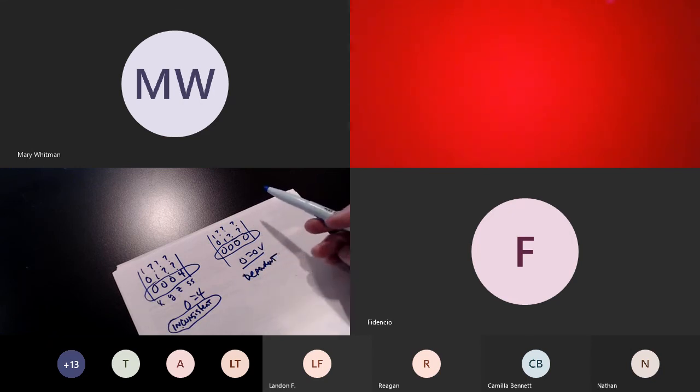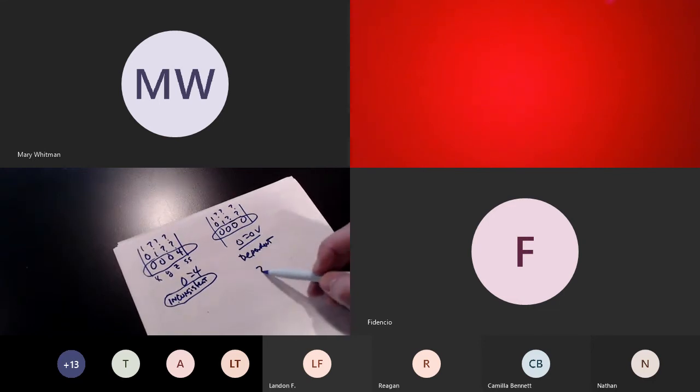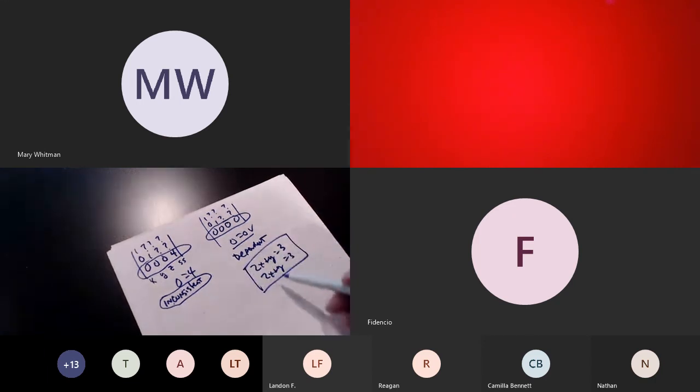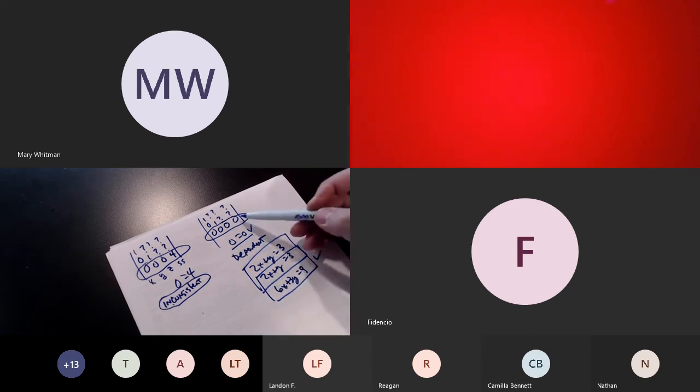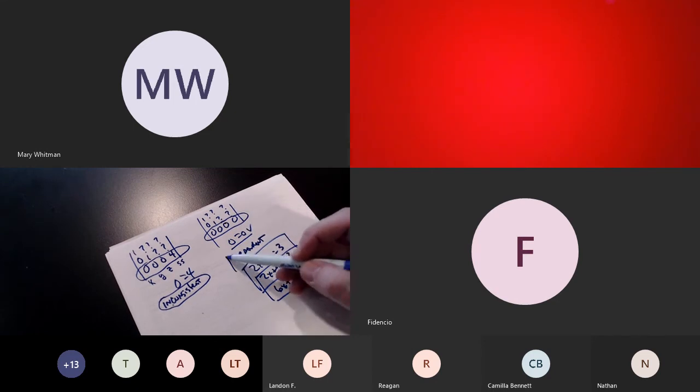solution set. Basically, usually when this happens, you have two lines that are the same. So maybe you'll have 2x plus y equals 3, and you'll have 2x plus y equals 3. Or rather, maybe you'll have 6x plus 3y equals 9, okay? This equation here and this equation here are basically the same equation, correct? This one's just multiplied by 3. And so essentially what's happening is you've got the same line twice, and that's how you'll end up with a dependent